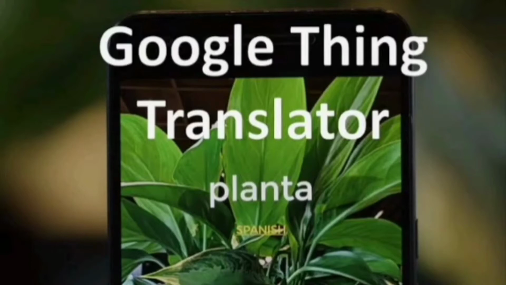And in this experiment, we are using 9 languages including German, Hindi, Spanish, French, Dutch, Chinese, Korean, Italian, and Japanese. And this Thing Translator is mainly useful when you travel to other countries where you don't speak their language. So the translation becomes easier by just showing the objects behind your camera. So now let us see the demonstration of this experiment.